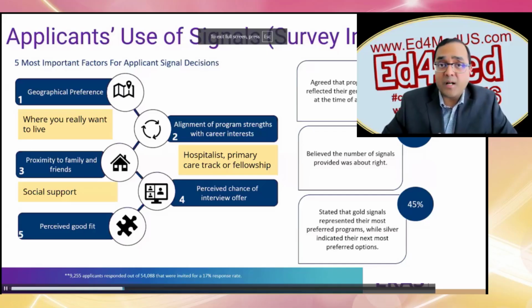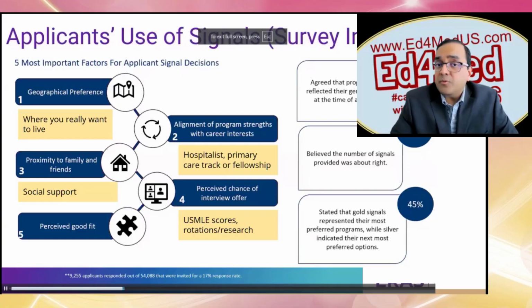Some signal the program because it was close to friends and family. So having that social support is essential. Some residency applicants signal the program looking at their chance of getting an interview offer based on their USMLE scores, based on other rotations they may have done there, externships, observerships.